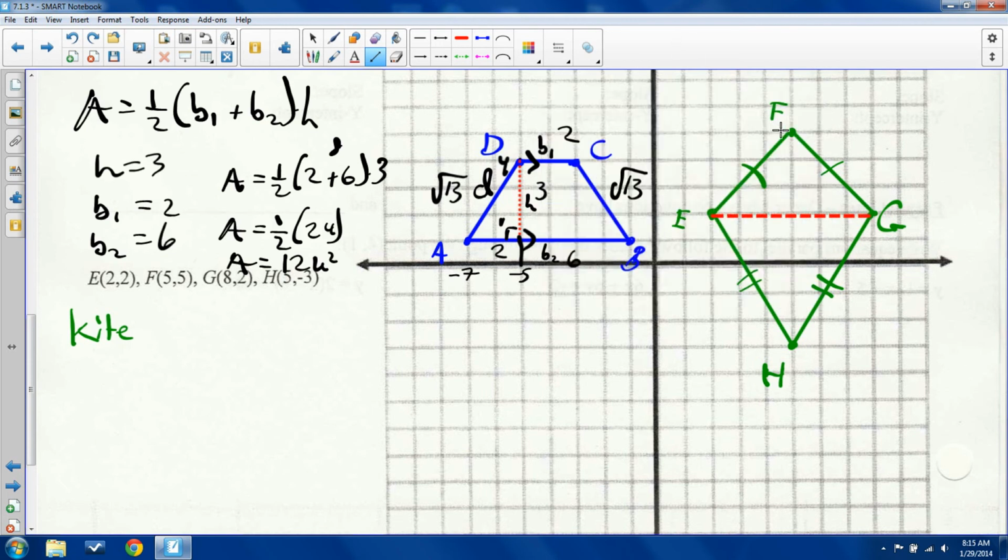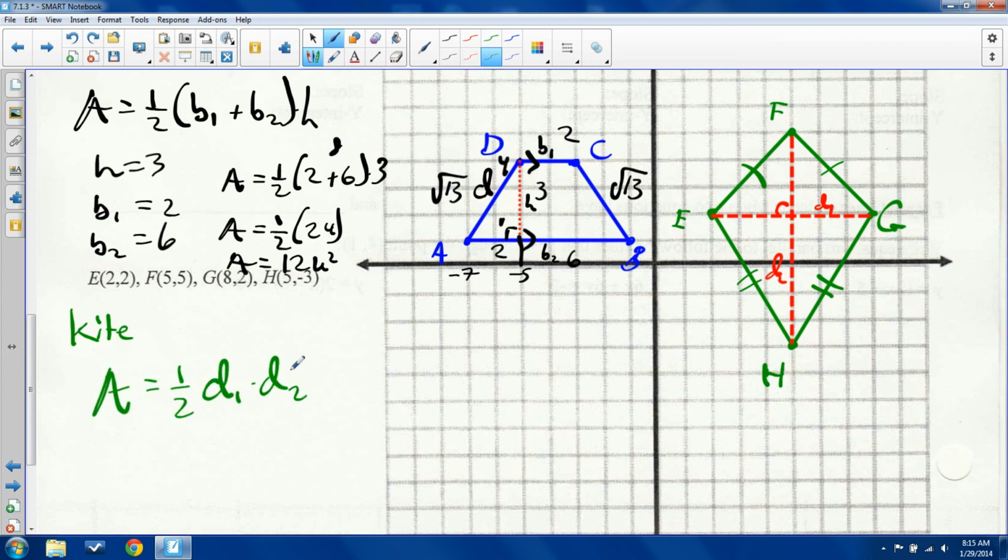Here's one of my diagonals, and here's another one of my diagonals. It's called D1 and D2. Now, with a kite, my diagonals are always perpendicular to one another. Okay, this is D1, and this is D2. And the area of a kite is A equals 1/2 D1 times D2. I proved that last time. It's half of this rectangle, if I actually drew a rectangle perfectly. If this is my base and this is my height, it's exactly half of my